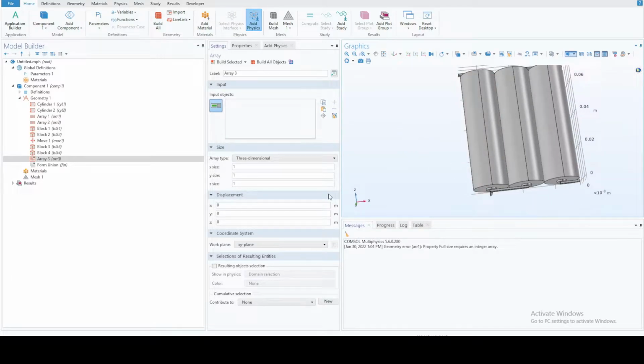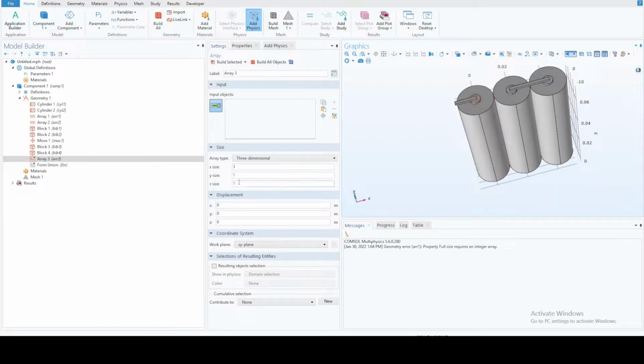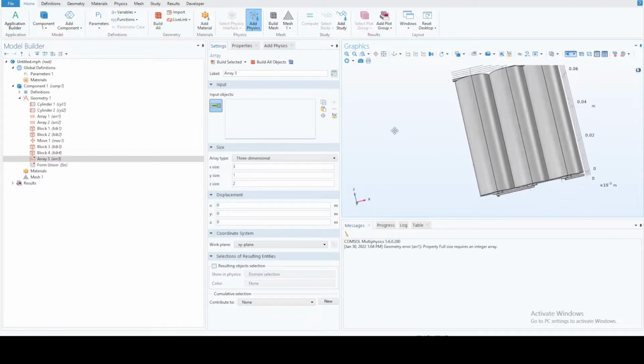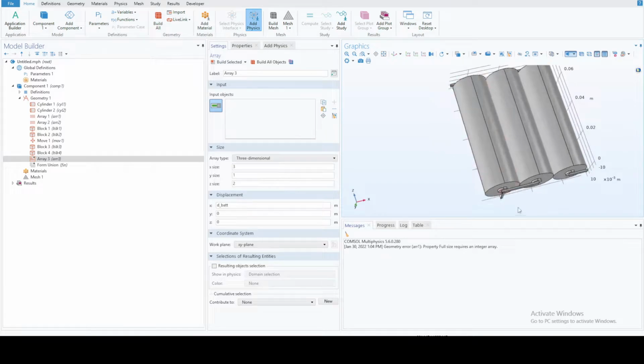For that, now in the x direction, we need two more, right? So in total, we'll have three. And in the z direction, we only need to copy this set of parallel connectors on this side. That will be like two sets, so you can just use two here. And now in the x direction, how much this needs to be moved? Probably that equal to the diameter of the battery in the x direction, and in the y direction, that would be height of the battery